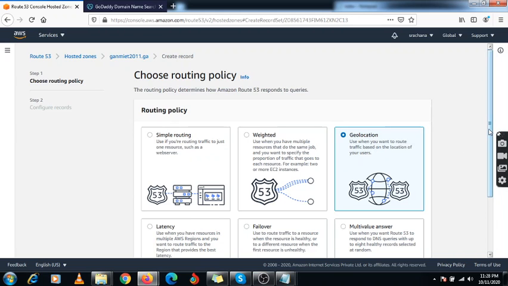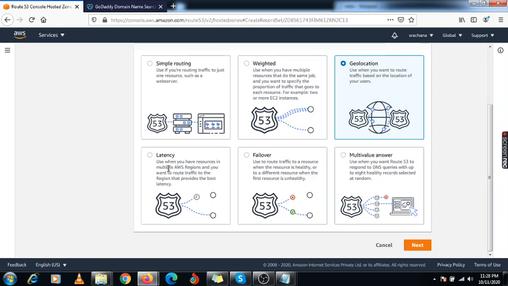Now this is latency. In latency we need to specify the latency, and it will provide low latency, whatever the load available. Where the latency is very fast, if I want to access any particular web page, it will access it directly using this low latency. So you need to specify it.